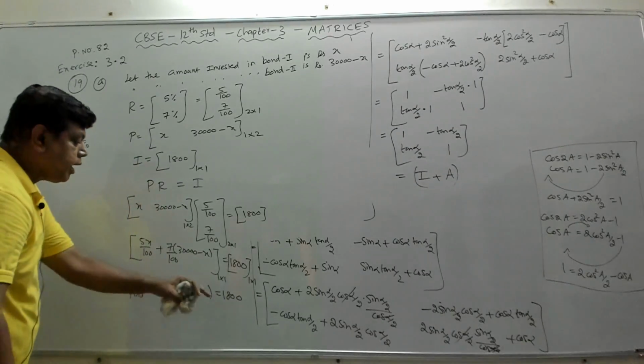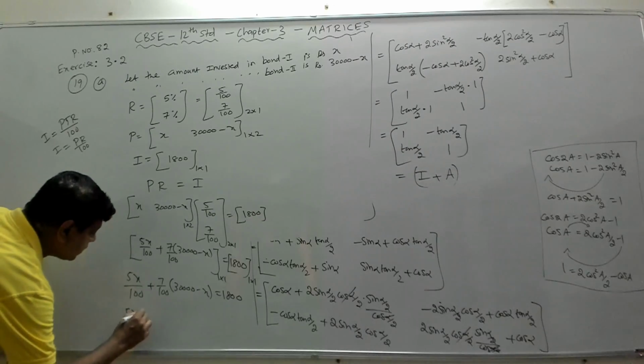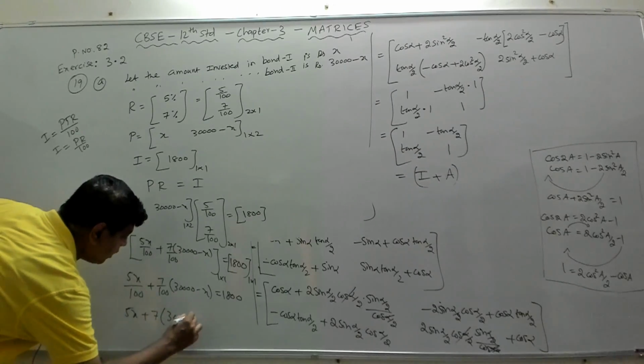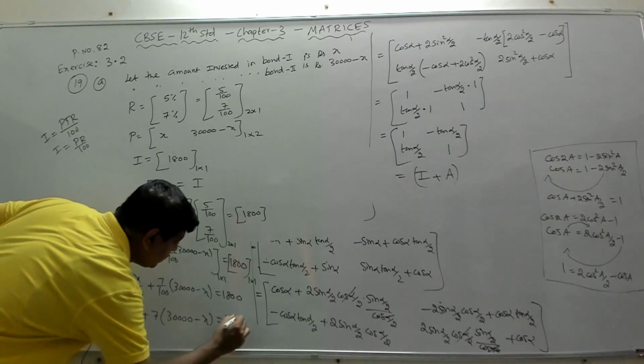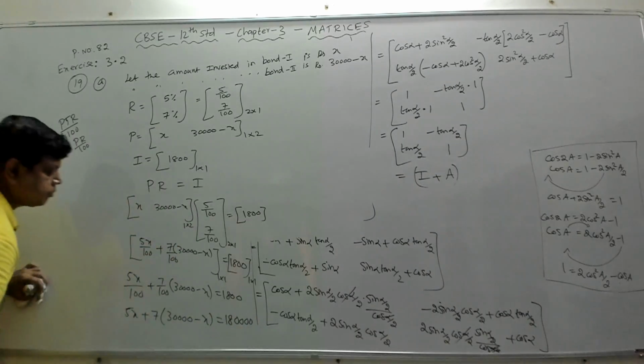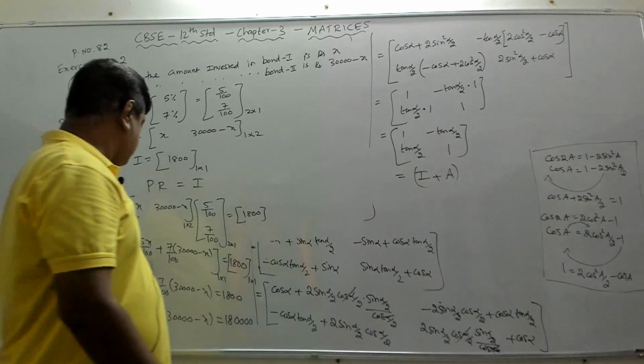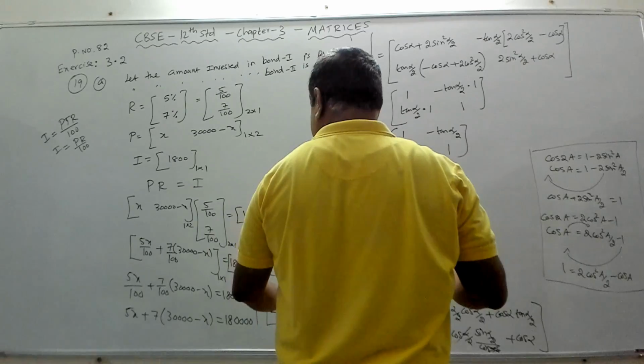Now we will multiply throughout by 100. You will get 5X plus 7 into, and multiplying throughout by 100, this will become 180000. Every term is multiplied by 100, so that these two hundreds get cancelled. Then if you simplify this further,